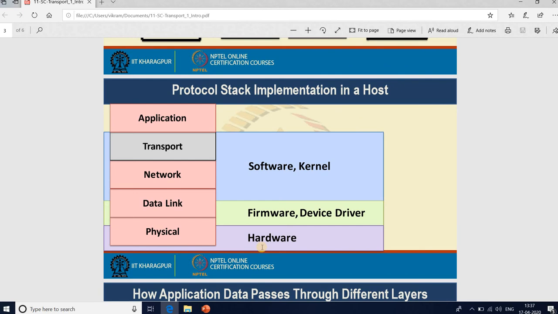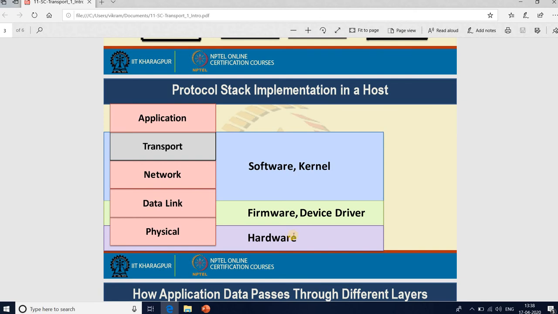On the other hand, in many device drivers, in wireless as well as wired environments, the data link layer is implemented as a part of the device driver or firmware that you install for your network interface card. They primarily have the MAC layer implementation.